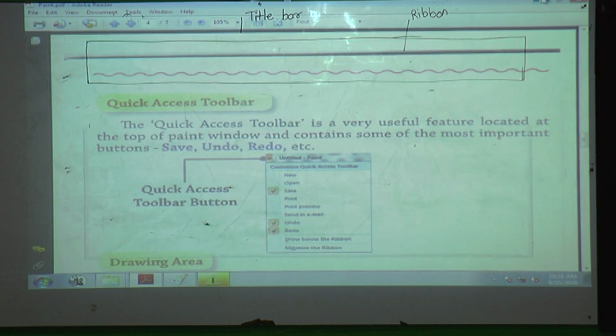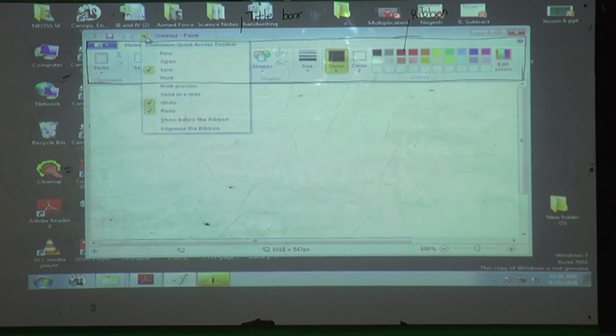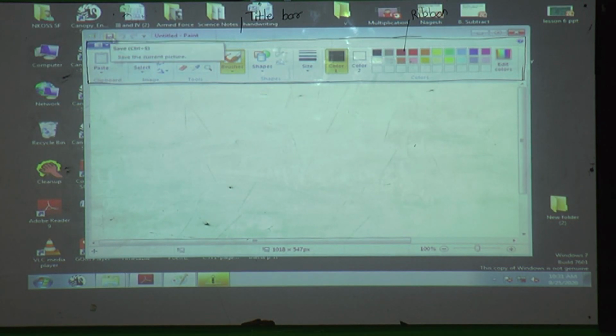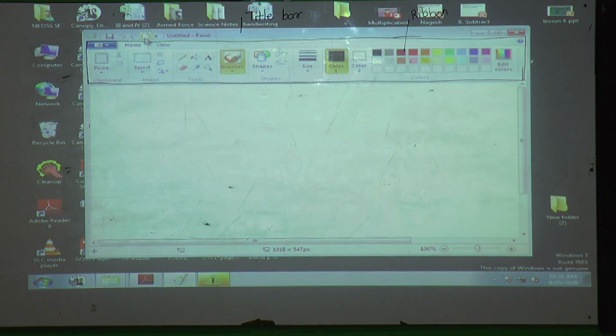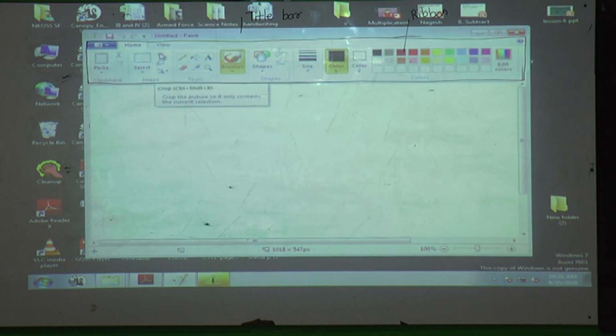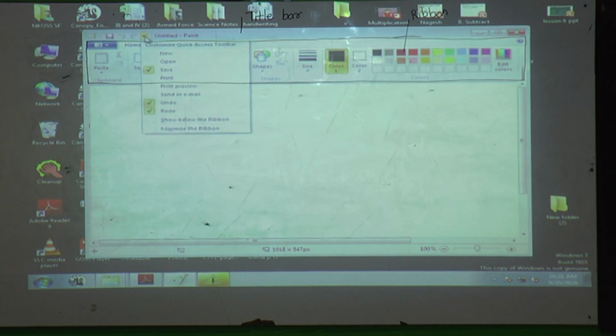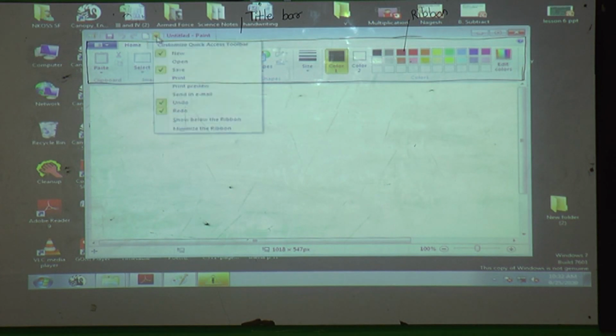And where is it? The line and triangle you can see, it is the quick access toolbar. If you want to add here, this one is the save option, this one is undo, and this one is redo. If you want to add more options on the upper side, that time we can add. This is new, we can add here, you can see here. And if you don't want this new here, then we can remove it from the quick access toolbar also. What is the use of the quick access toolbar? Quick. If you want to do things quickly, that time we can add this small symbol on the upper side.